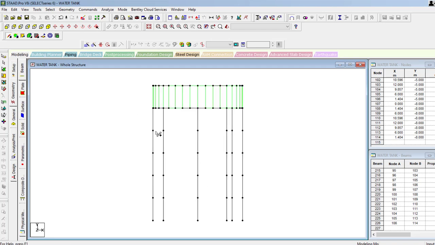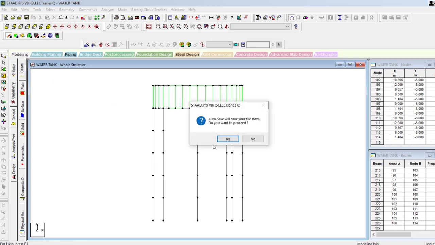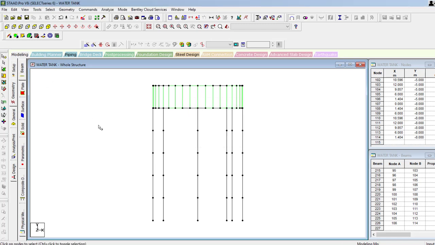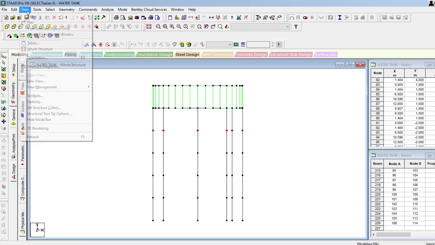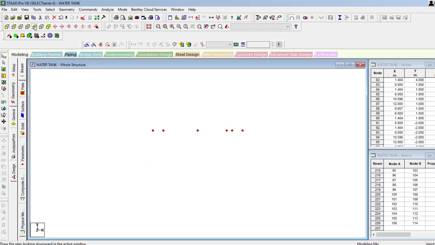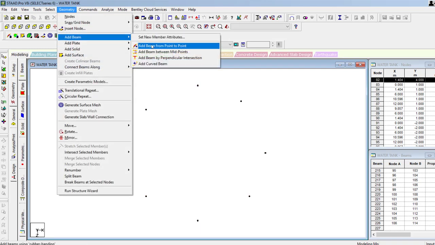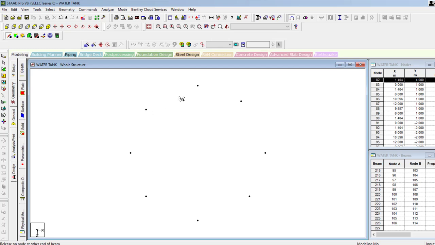Or else you go ahead with the selection like this. Only you keep the wanted nodes rather than confuse, like this, and then view selected only. Go to the top and then by using the beam, add beam to beam, then you can connect between these 2 things.